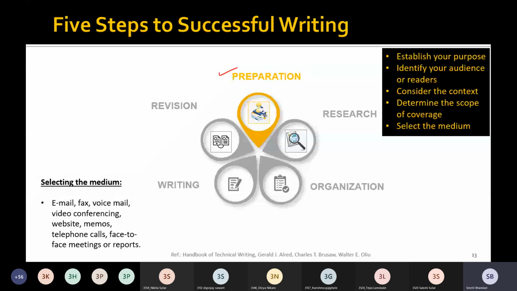I hope you have understood the significance of all those tasks, and whenever you undertake any kind of writing, you need to systematically follow these procedures so that you can come up with an effective document that would be appreciated by the intended audience.